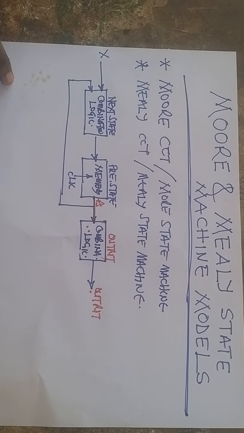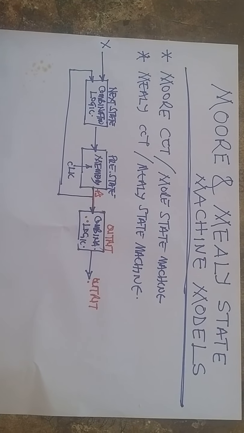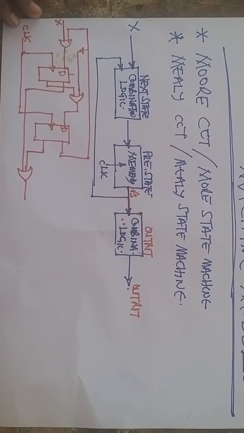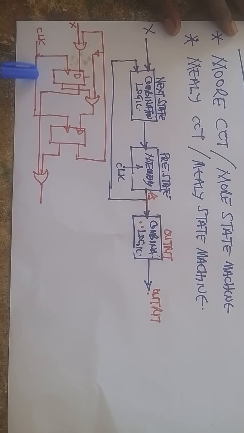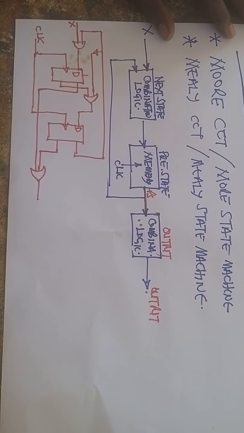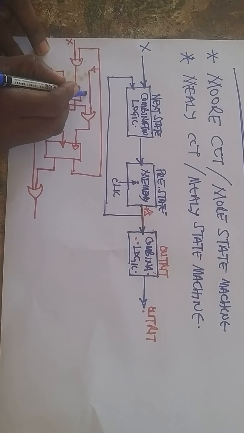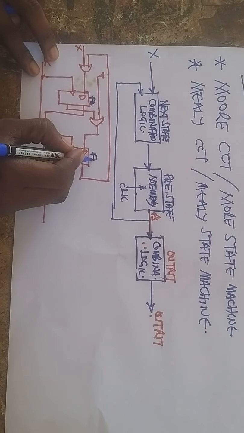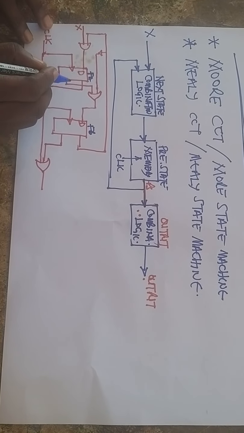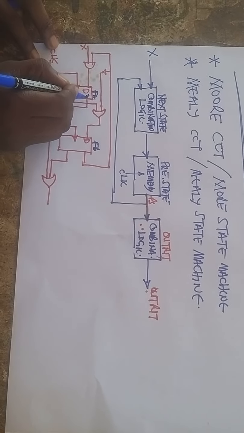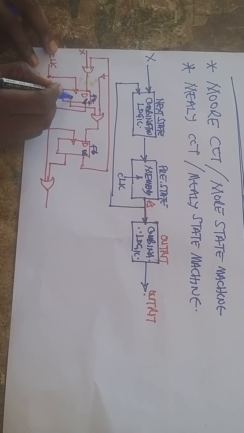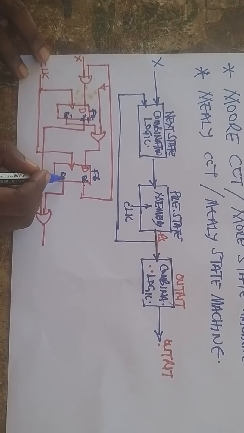Now we'll look at a circuit, and then I'll draw a circuit, and we see how the Moore circuit will look. So I have drawn a circuit here. With this circuit, you see I have two flip-flops, let's say flip-flop A and then flip-flop B. I'm using this type of flip-flop. Now, we have the outputs QA and here is QB, and then here will be QA bar, here will be QB bar.